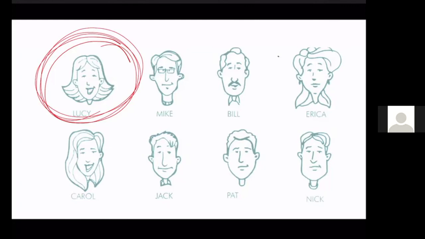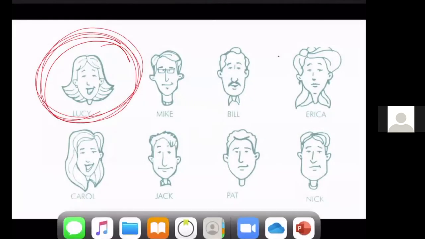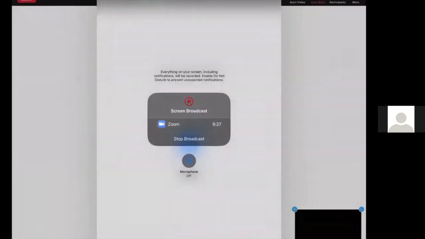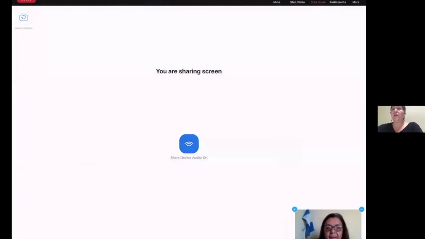If you feel that they have not gotten this concept, which I feel like they will, but then you can always stop the presentation, come back, and do, for example, that exercise of,